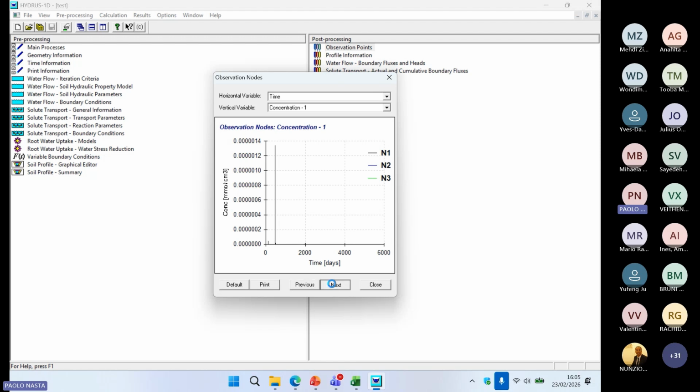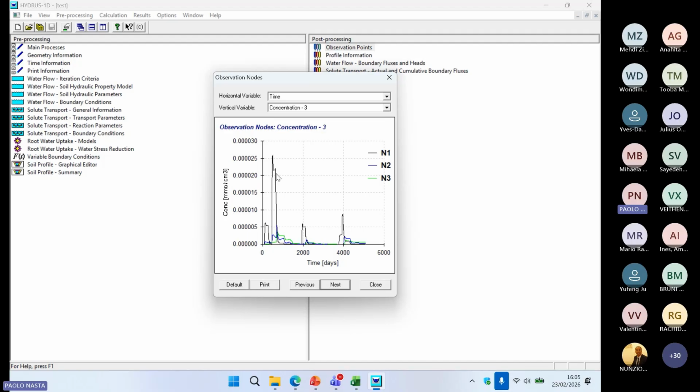But anyway, we are interested in the third concentration, the concentration of the third solute, which is the nitrate, when the NH4 reacts and turns into nitrate. And we see the concentration, it's black